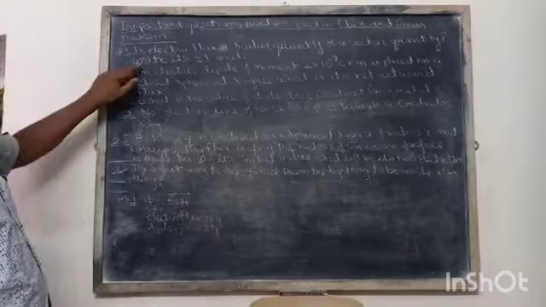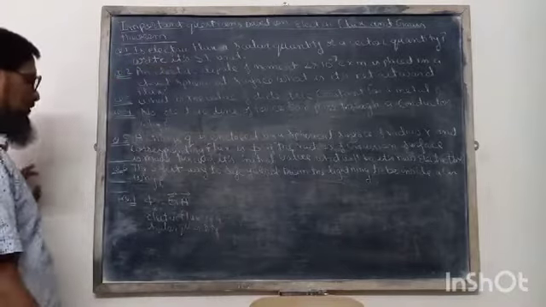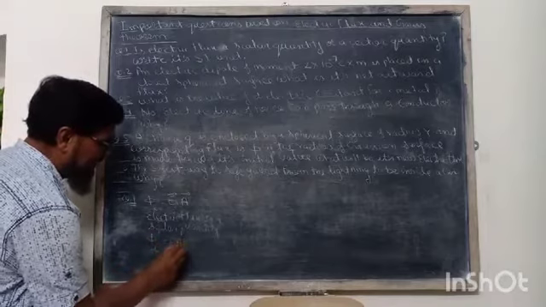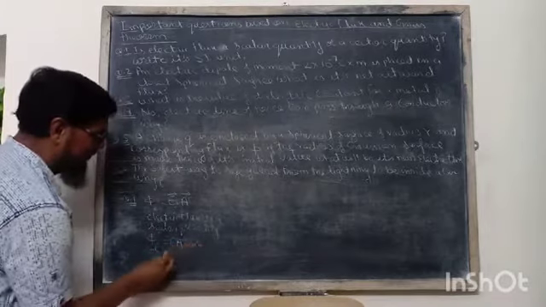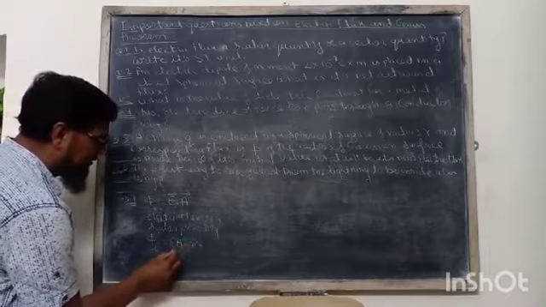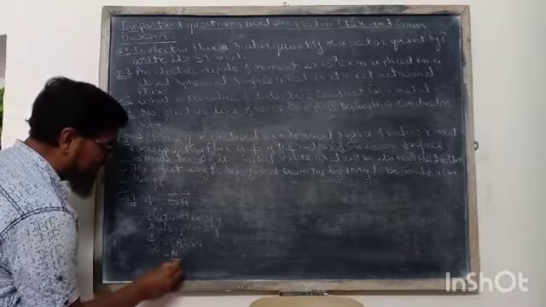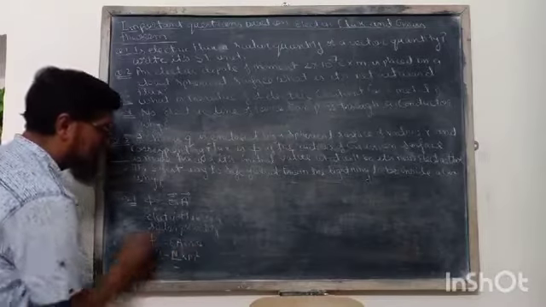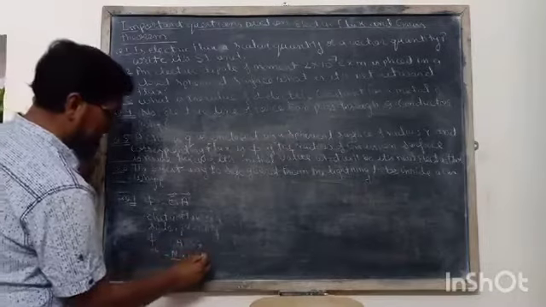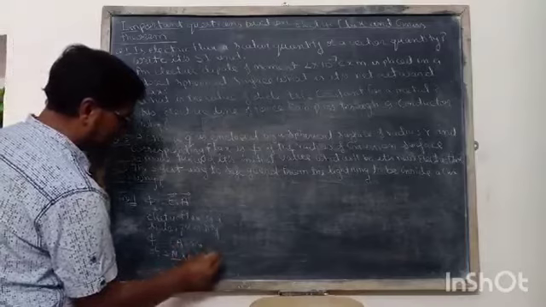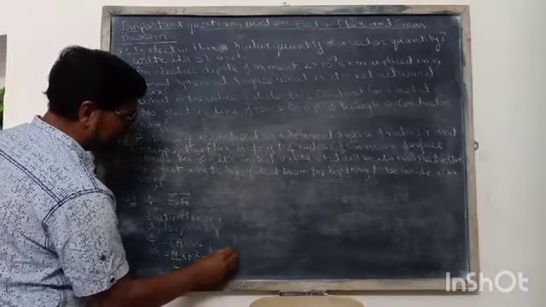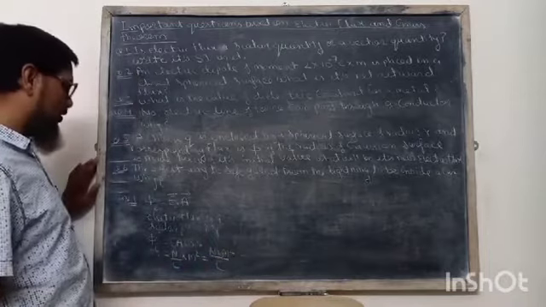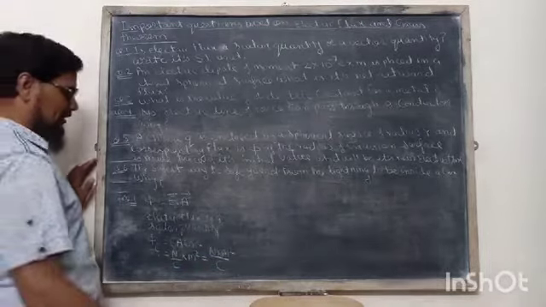Now the second point is to write its SI unit. We know that phi E is equal to E A cos theta. The SI unit of electric field intensity is Newton per Coulomb and the unit of area is meter square. Cos theta is unitless. So the SI unit of electric flux is Newton meter square per Coulomb. And we can also write the dimensional equation.